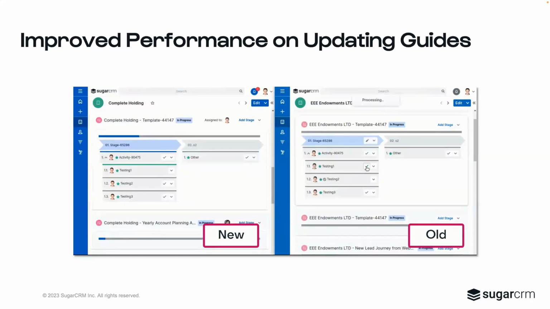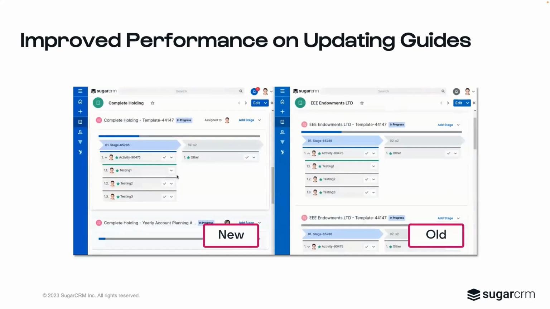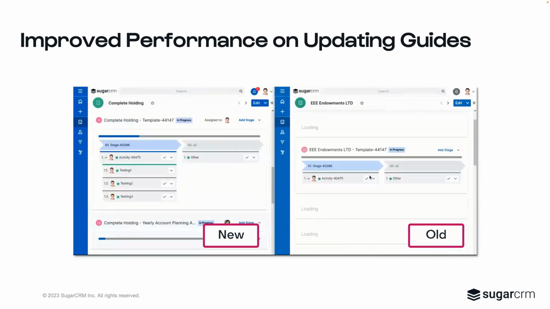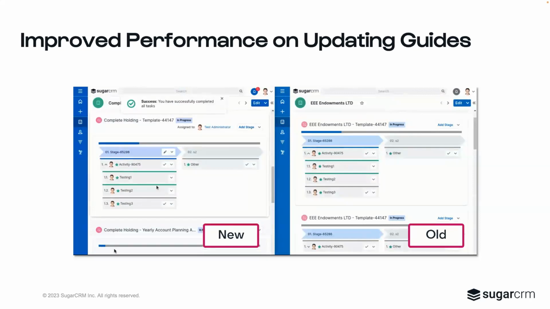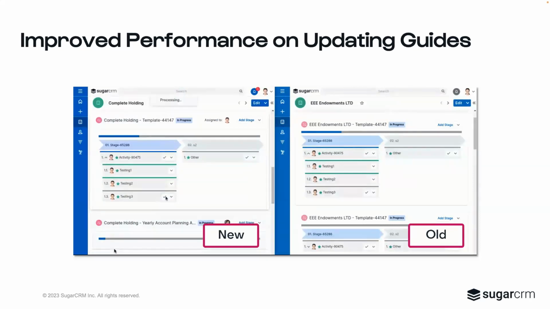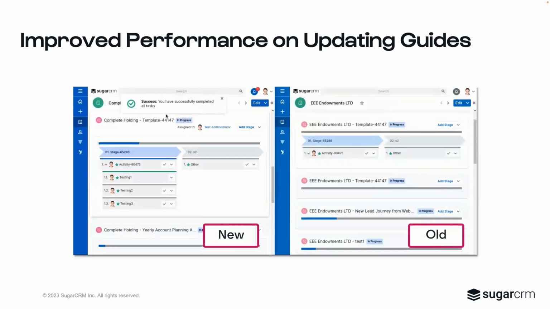Prior to this release, if you tried to update an activity on a guide by setting it to complete or in progress, it would reload all the smart guides related to that record. So if you're a company that has multiple smart guides set up for your sales team, maybe on leads or opportunities, whatever it may be, if you updated one of those, all of those other related guides would update